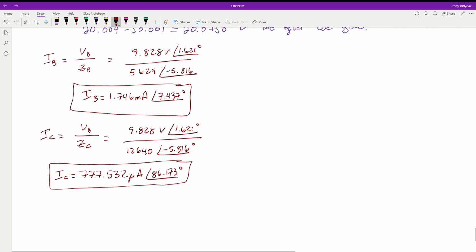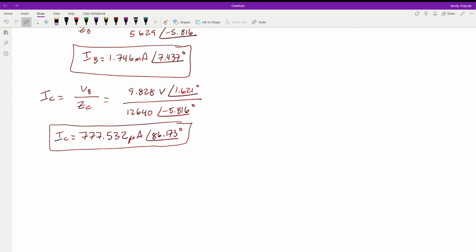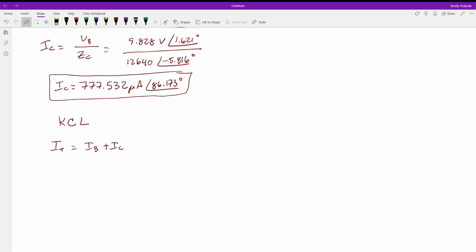So now we have those two currents. Sorry about that. Now we can apply Kirchhoff's current law, which states that current going into a node has to equal the current going out of a node. So in this case, our I total has to be equal to IB plus IC. Only places for current to go. So in here, our I total is 2.028 milliamps at an angle of 29.525 degrees, and that is equal to